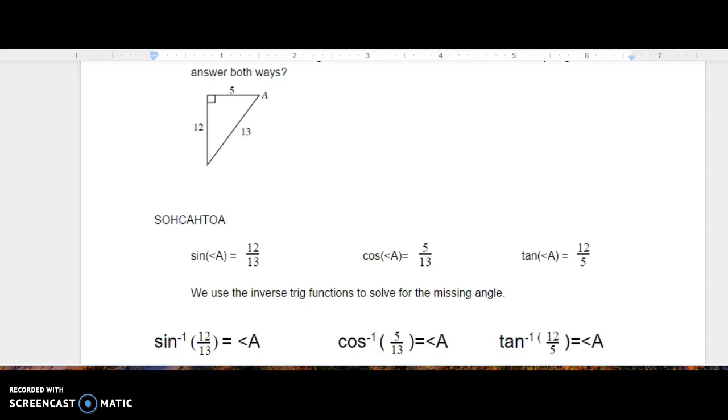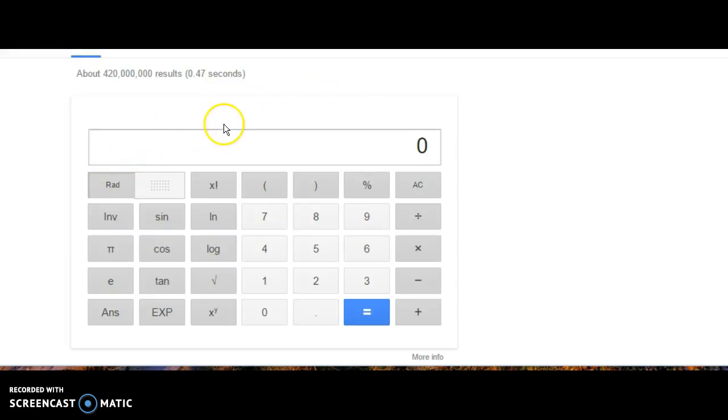I'm going to Google a calculator, and the Google scientific calculator is what just pops up. You need to make sure that your degrees is selected. I'm going to hit inverse until I get the inverse sine function. So the inverse sine, it says arc sine, that is the same thing. So inverse sine, and I need to remember that it is 12 divided by 13, and I'll close my parentheses, is equal to